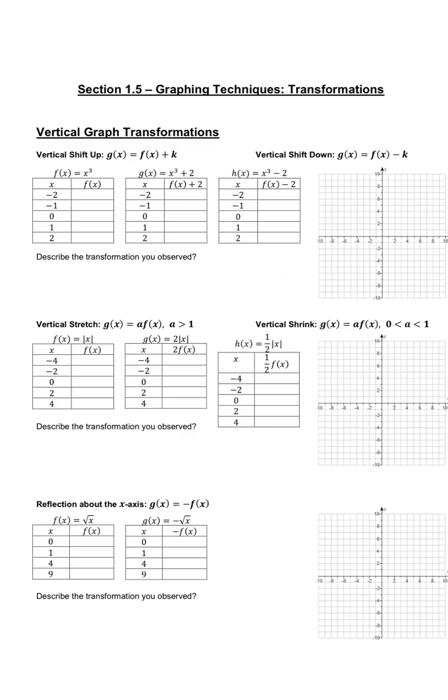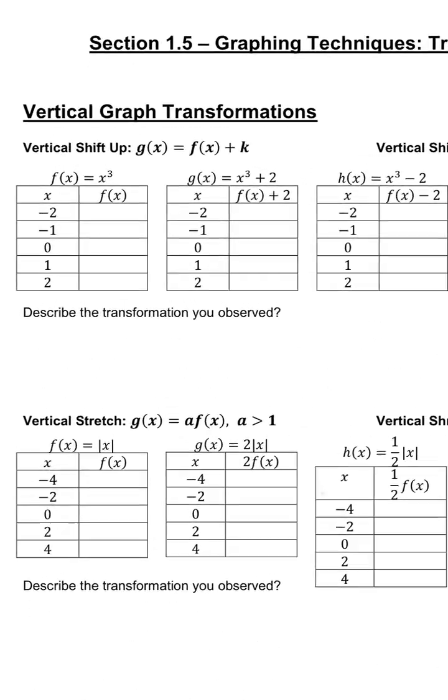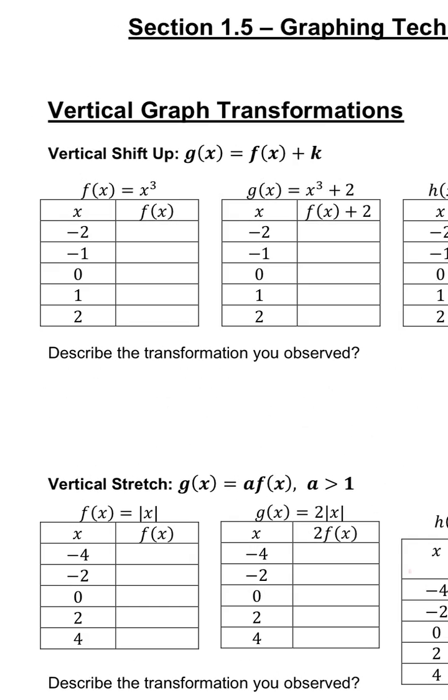So the easiest way we're going to do this, we're going to look at the function that is given. So we are given x cubed. So I'm going to take the x values that are given, plug them in and get the f of x or y values. So negative 2 cubed is negative 2, negative 2, negative 2, which is negative 8. And this is writing way too chunky. All right, negative 1 cubed is negative 1, 0 cubed is 0, 1 cubed is 1, and